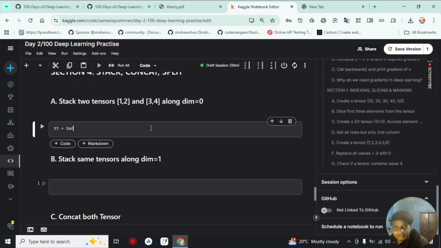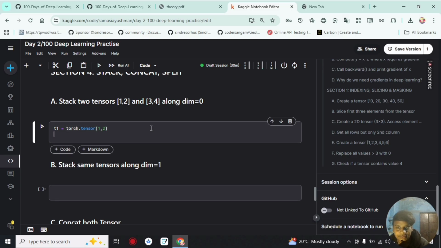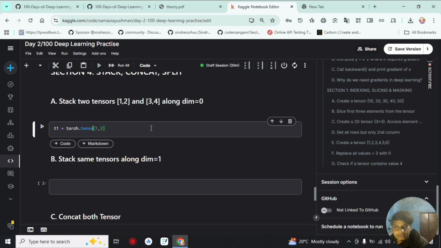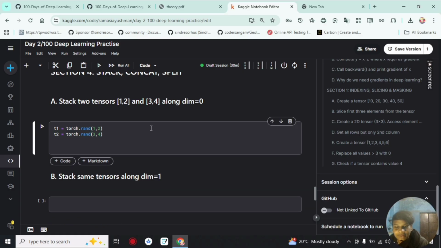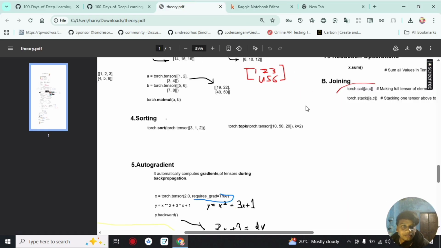We create torch.random for T1, and for T2 we also do torch.random 3/4, and then T3 equals torch.stack of T1 and T2. So basically